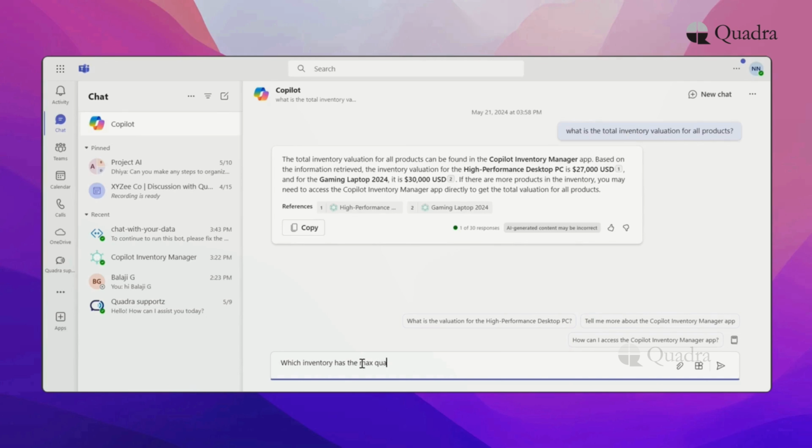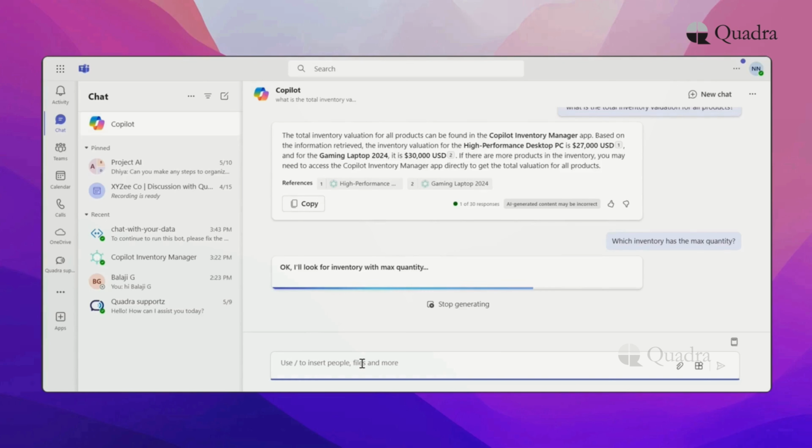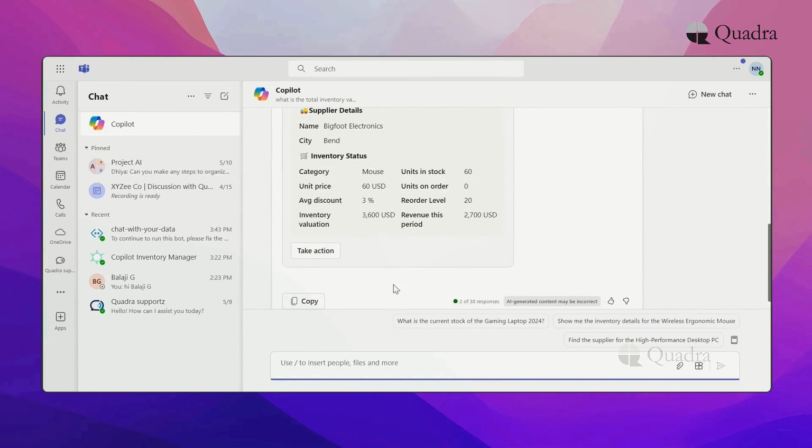Let's try another query. I'm just testing this chatbot by asking a random question: which inventory has the maximum quantity? Perfect! We have got the correct response from this chatbot.